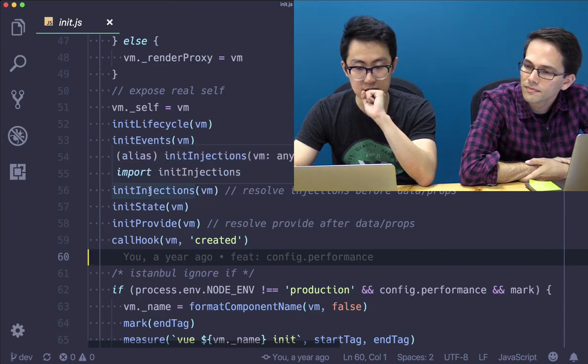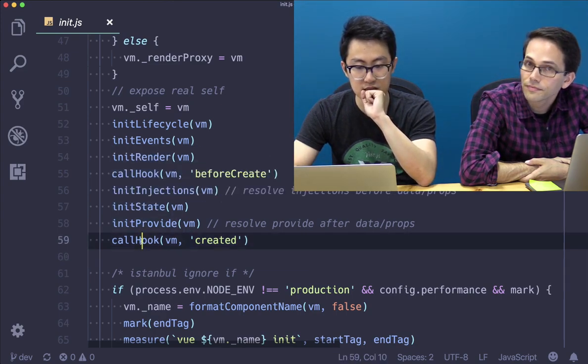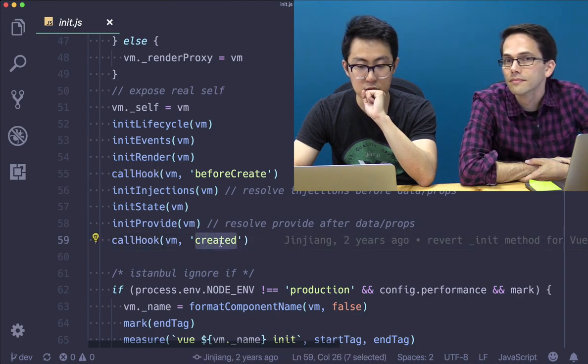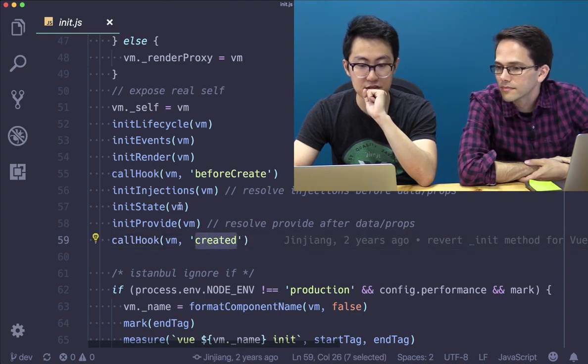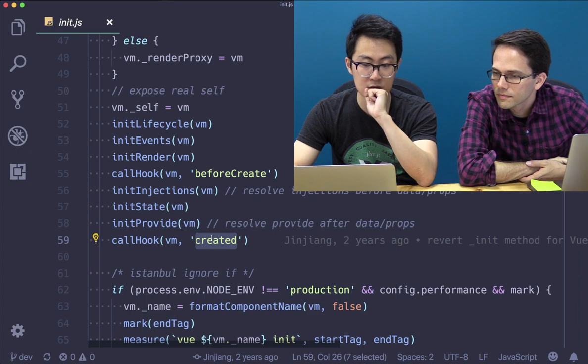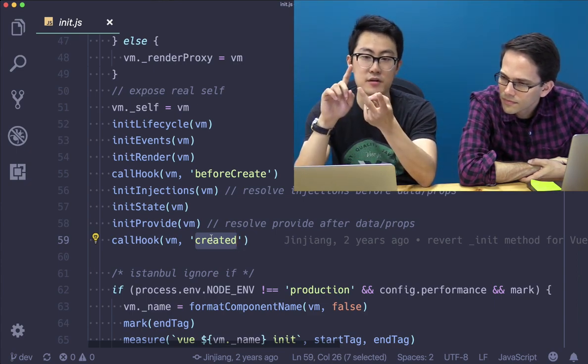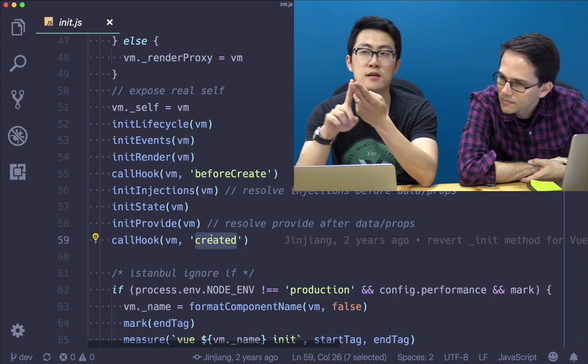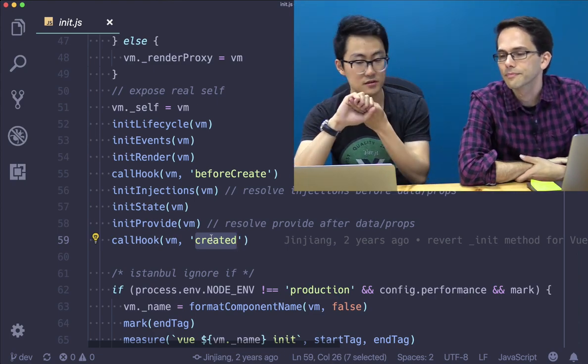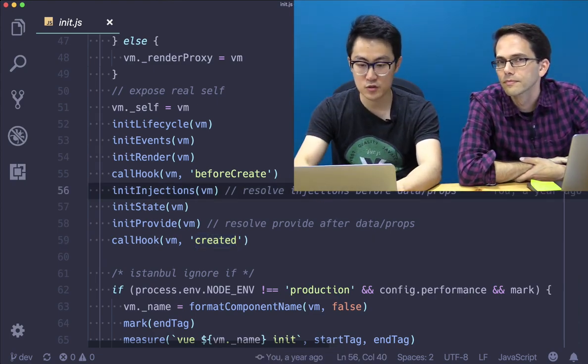So this is injections, provide inject, and then call hook created. Created is called after state is initialized. This means in the created hook, all props have been initialized, data properties have been initialized, and all methods have been installed. Because if we go into